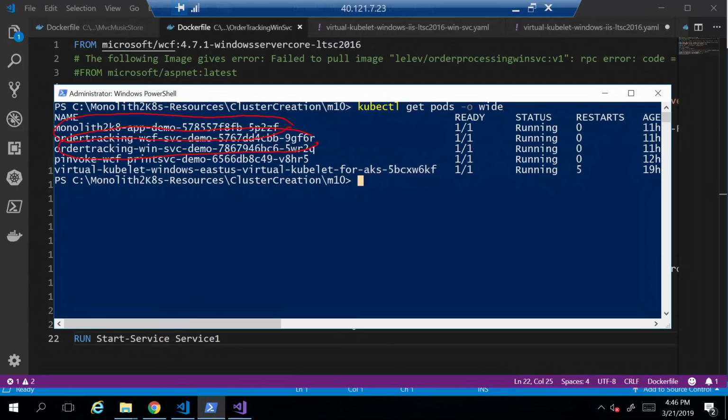So remember, our application was 4 projects. Each project got converted into a container image. Each container is manifesting itself as a pod here. The one thing I do want to call out is the last pod, and this requires some explanation. You can see this is a virtual kubelet. So to the AKS cluster, that ACI instance just appears as another node. You don't have a physical VM as part of the cluster, but there's a virtual kubelet. And this is a very interesting project where you can say, hey, I want to create a Windows image, and then they will route it to the ACI automatically, if you will.